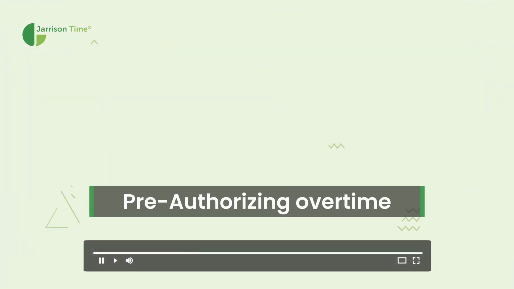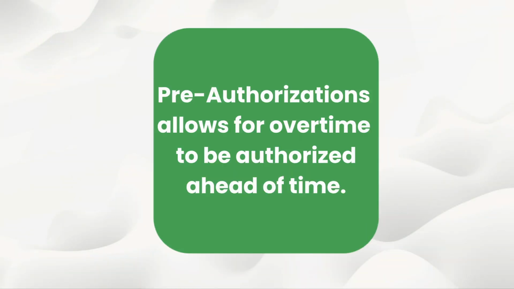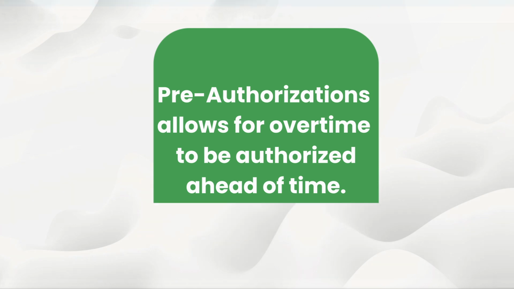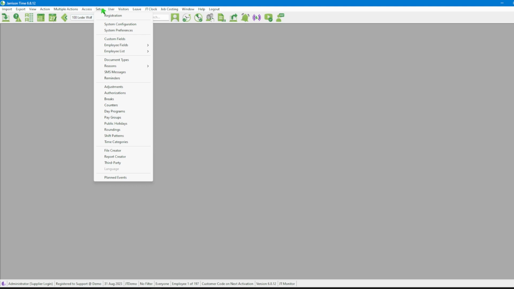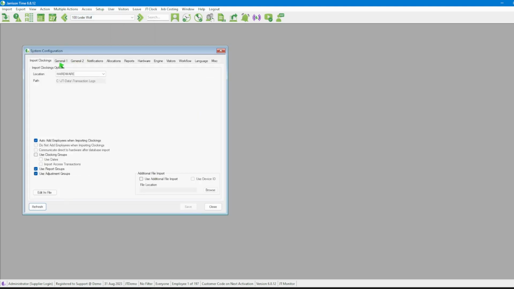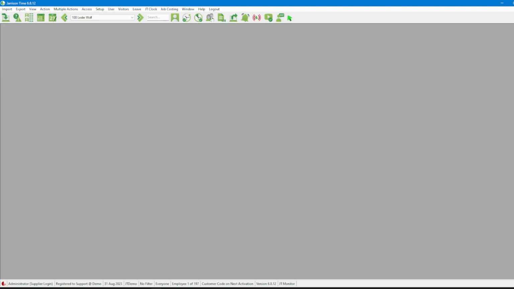In the following video, we'll be looking at pre-authorizing overtime. Pre-authorization allows for overtime to be authorized ahead of time. Once we have logged into the software, this feature must be enabled from the Setup, System Configuration, General 1 tab. We can then click on the Close button and we can start working with pre-authorized overtime, where we'll head over